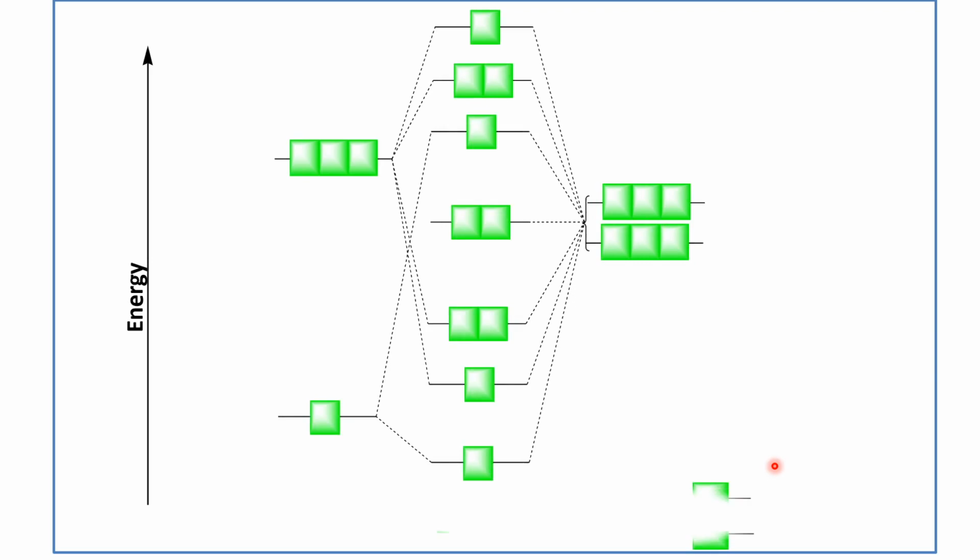So let's see the MO energy level diagram for the CO2 molecule. So we know that the MO energy level diagram is drawn across the energy axis. So this is the outline of the MO energy level diagram, right? Now this diagram is drawn by removing the drawback that we have studied in the formation of the CO plus ion from the CO molecule, right? So again we know that to the sides we are having the atomic orbitals, and at the center we are having the molecular orbitals.